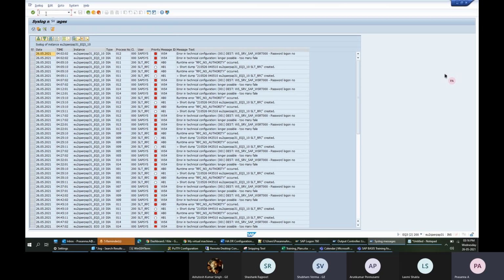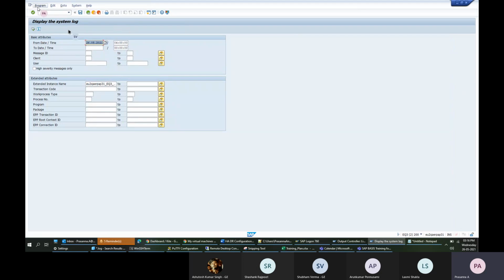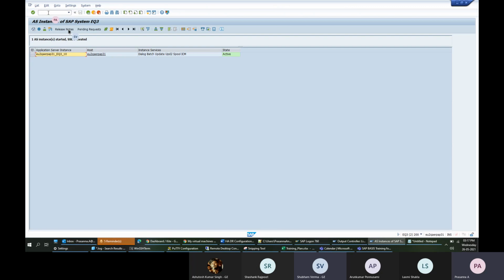If you are in the home screen and you type SM51, it will go. But if I'm in this screen and I type SM21, this is the home screen, it will go. But if you're already in a T code screen and you want to go to a different T code, if you simply type that T code, it will not work. What you have to do is type /n, then a different T code, SM51 or something. So you have to use /n. It will go to that T code.